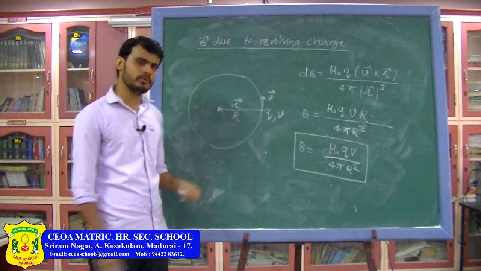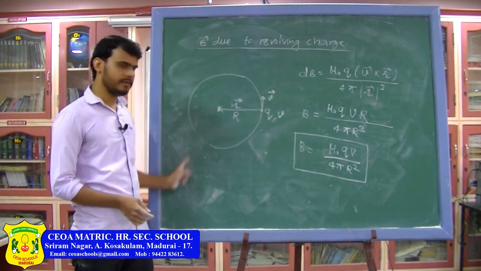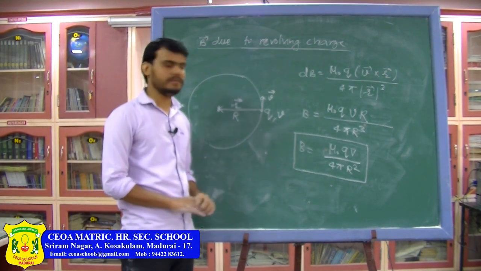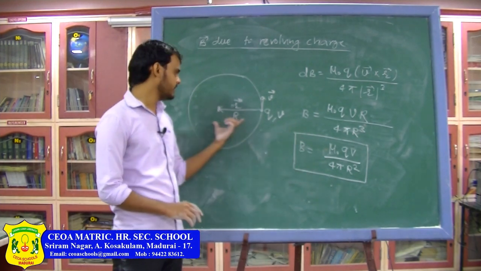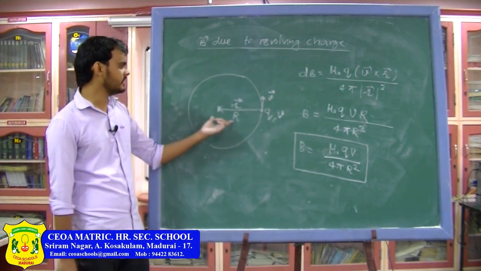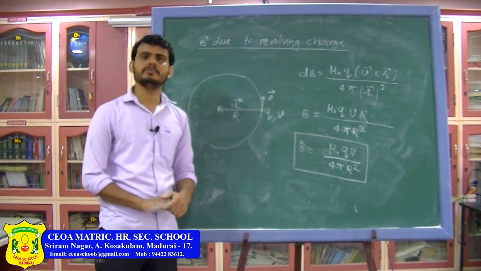For that I have told you the trick, what should be the direction of magnetic field due to a straight wire and what should be the direction of magnetic field due to a revolving current, a current which is on a curved path. Similarly, you can use the same principle here for the direction due to a moving charge. So in the next class we are going to start magnetic force on a moving charge.